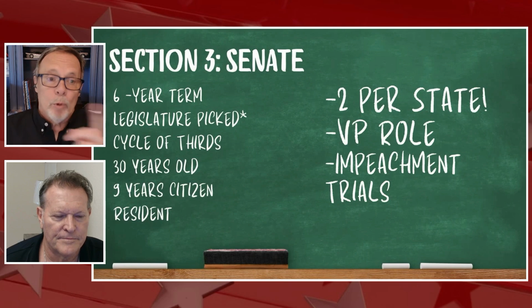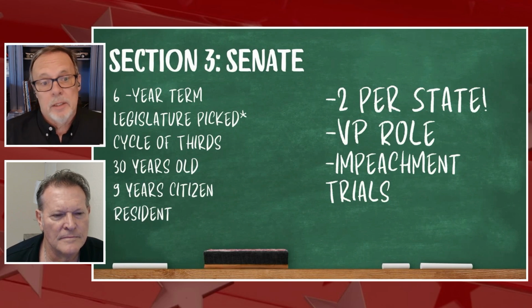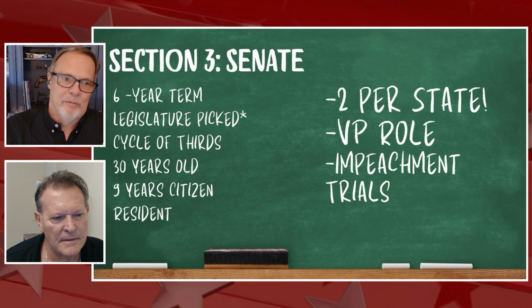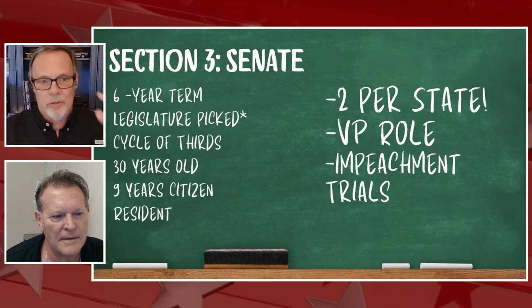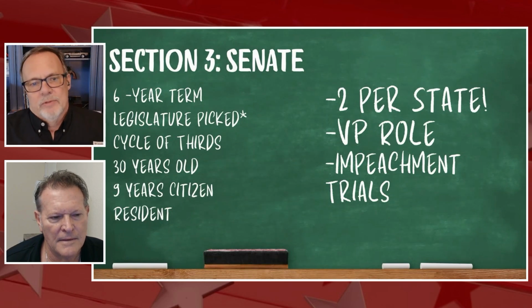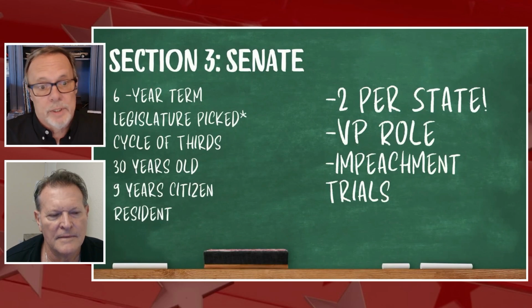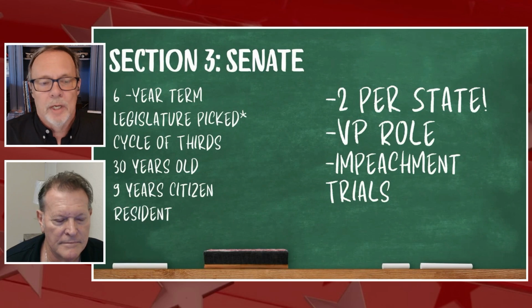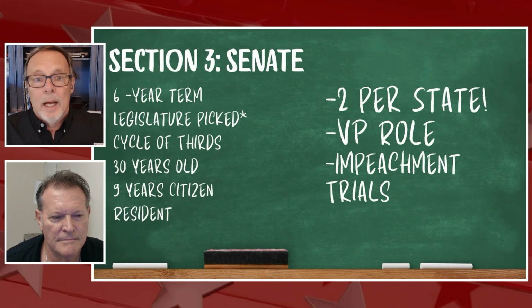Yeah. So one more thing interesting to know about the Senate is the cycle of thirds. With the creation of the very first Senate, a third of the body had a 2-year term, a third had a 4-year term, and a third had a 6-year term. And what that created was this concept of turnover with every major election. We're only turning over a third of the Senate. So the idea was that there's some stability over time, unlike the House, which turns over every 2 years. So, hey, let's move on.